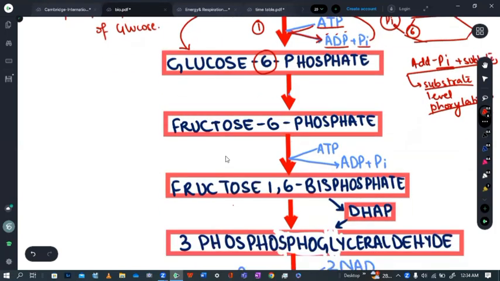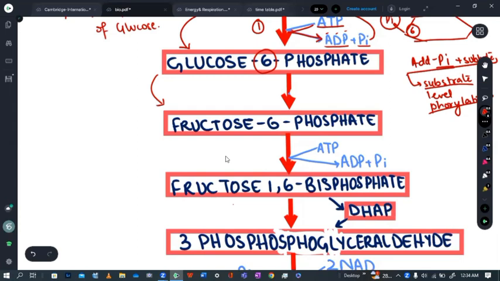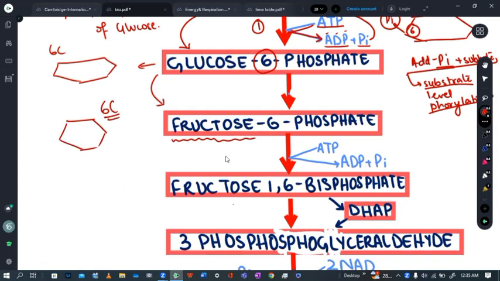Then what's happening is glucose 6-phosphate undergoes molecular rearrangement and it forms its isomer fructose 6-phosphate. How does it happen? Glucose is a hexagonal shaped structure with 6 carbon atoms, whereas fructose is a pentagon. The fructose also contains 6 carbon atoms, but we have the difference in the shape of the structure. Glucose is hexagon and fructose is pentagon. So molecular rearrangement of these carbon atoms occurs, resulting in glucose 6-phosphate getting converted into fructose 6-phosphate. So in the second step, we have the rearrangement of the atoms forming an isomer of glucose 6-phosphate, that is fructose 6-phosphate. Then in the third step, what is happening is,